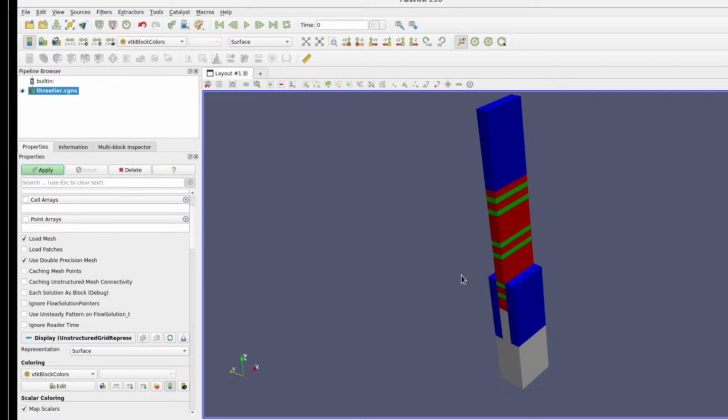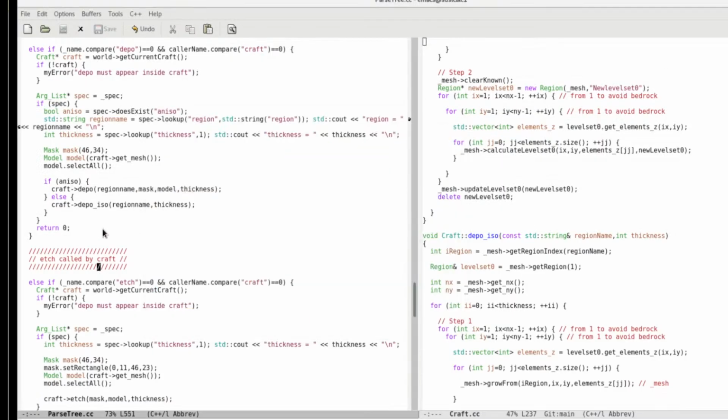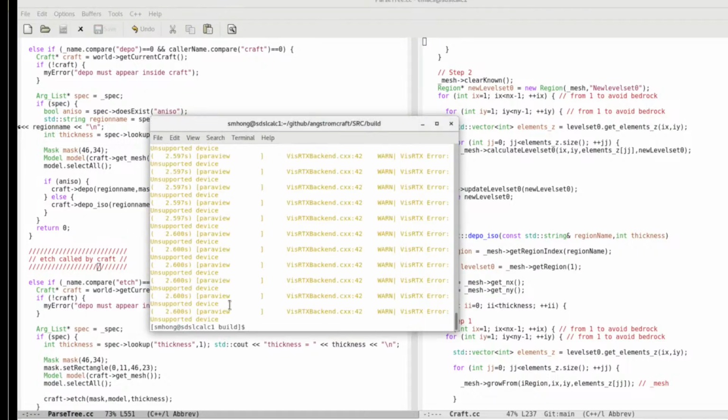Of course, we have a long way to go, but I'm quite happy with this achievement because I had certain bugs in the code, and after that I solved it, and we have to introduce some specification about mask for general purpose. So I will be working on it, and I will share the progress with you